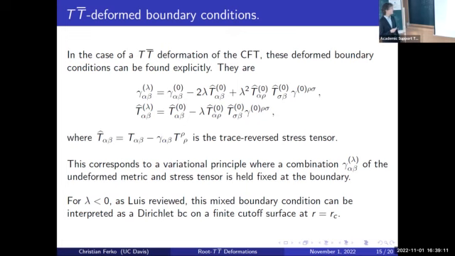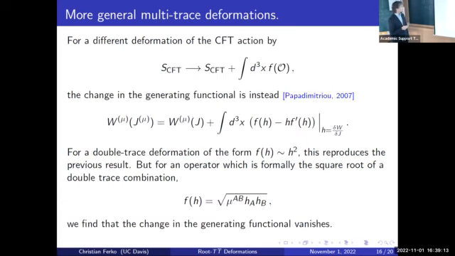So in that case, things are slightly different. We have to remind ourselves how this entire story works, not just for double trace deformations, but for more general multi-trace deformations, so a general function of some operator O. This was worked out many years ago in a paper in 2007. The generating functional, which again is supposed to be identified with the bulk gravitational action, is modified by a funny combination that looks like the function f evaluated on this dummy variable h that we'll set to some particular value at the end. But it looks like f minus h f prime.